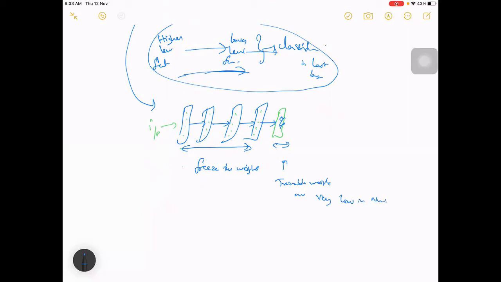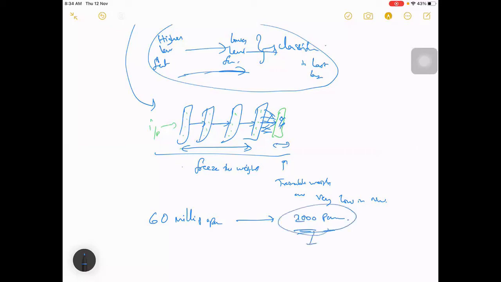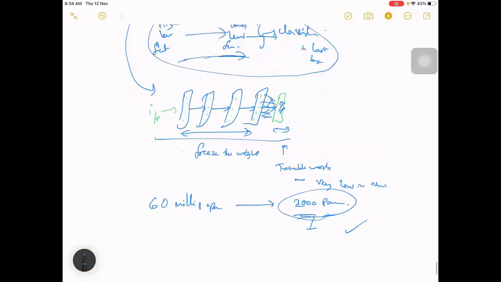Because you have the connection from each to each, only those are the weights you finally have. From this big network, which may have like 60 million parameters, you are only training some 1,000 or maybe 2,000 parameters. This is very easy, comparatively, to train like 60 million parameters.